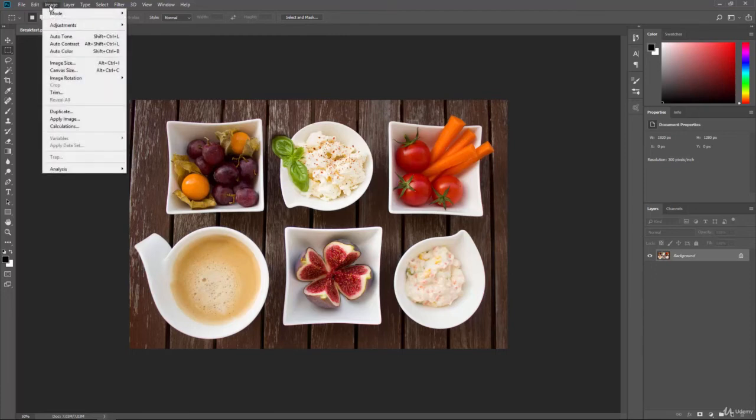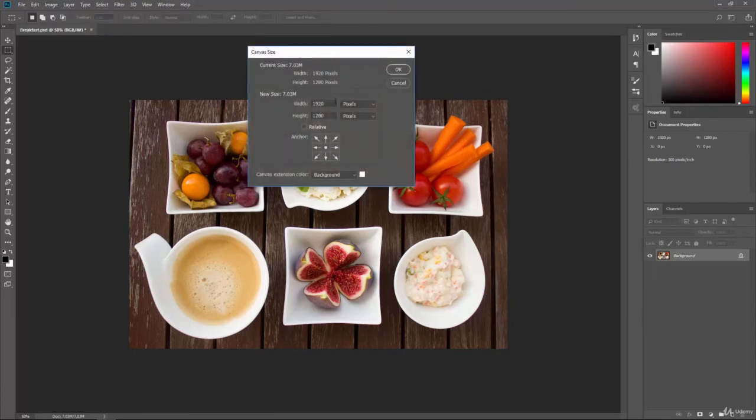So go back up to Image, and let's go to Canvas Size. And we're going to change this again, 1000 to 1000. And this time instead, we're going to click on the left arrow here. You can see it changes the anchor point, and now when it clips the 1000 to 1000, it'll be doing it from the center left-hand side.